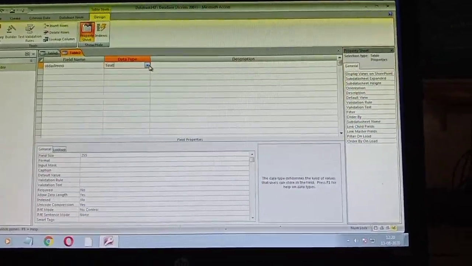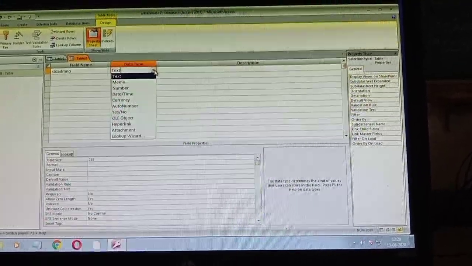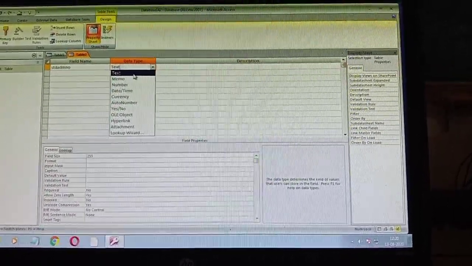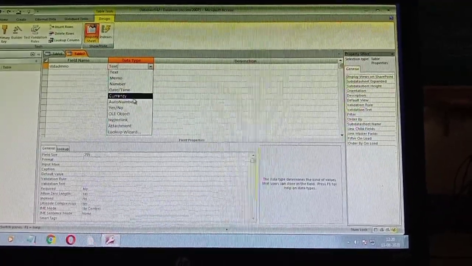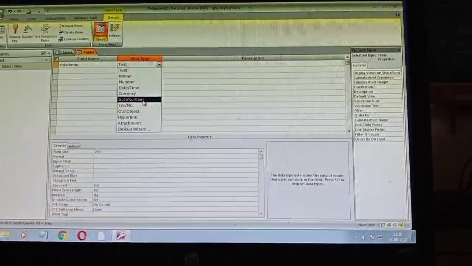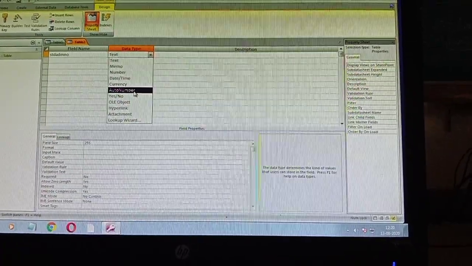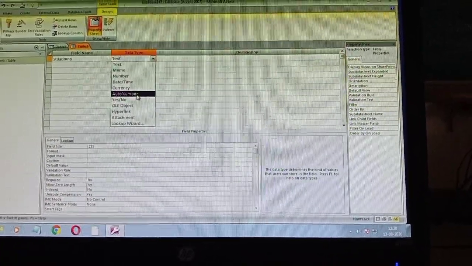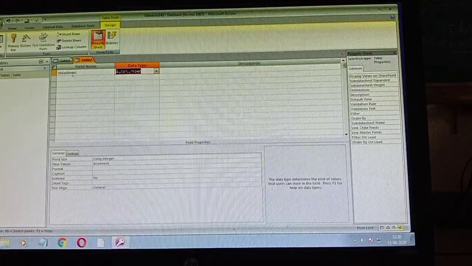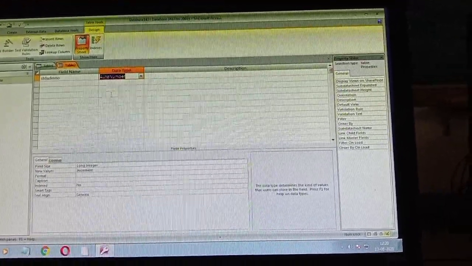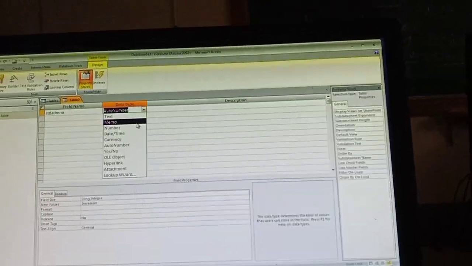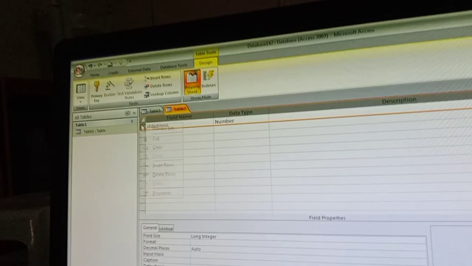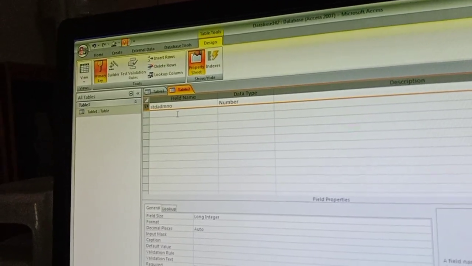And I have different data types here. We were discussing the data types. Here you have text, memo, number, date, time, currency. Auto number is also the same as a primary key. That means if you choose auto number as the data type for student admission number, it will not be repeated. It acts as a primary key. Or else if you are taking number instead of auto number, then you need to select a primary key so that the data is not repeated.